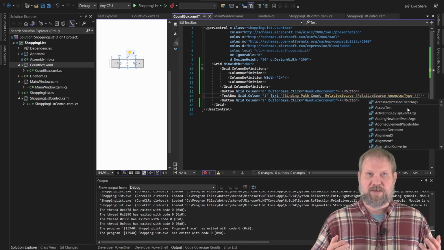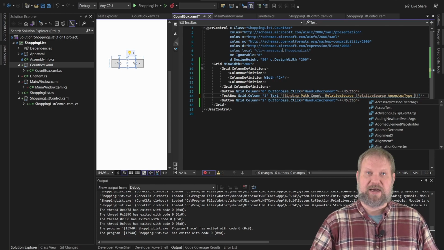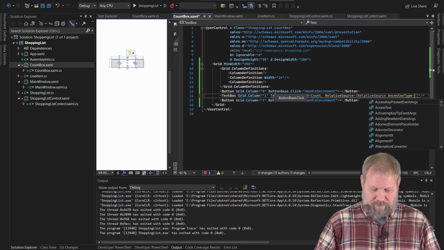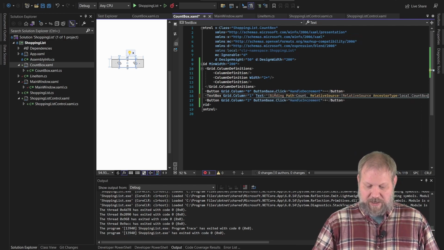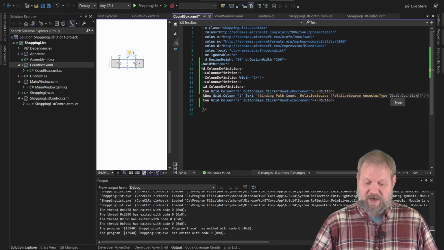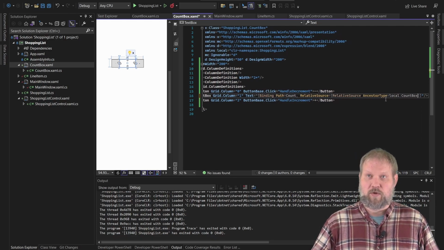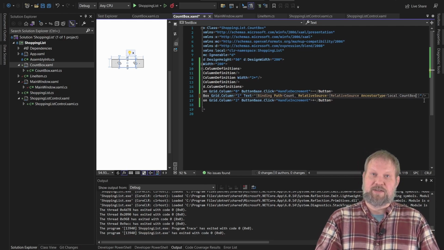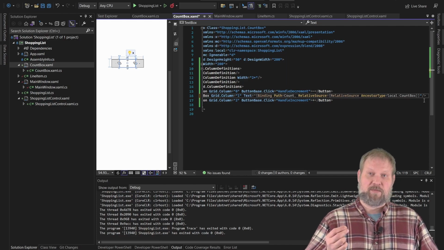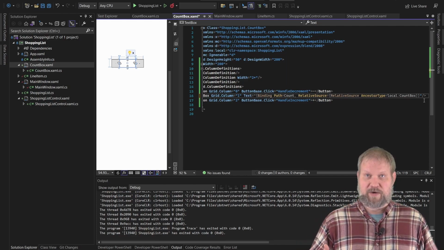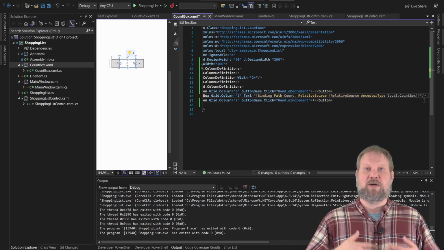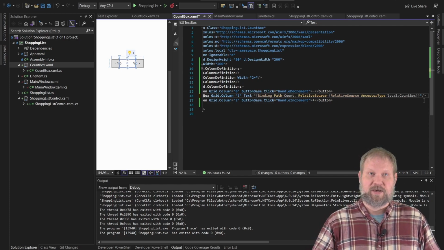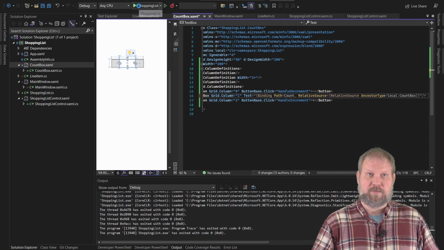Well, in this case, a user control that has the class name of count box. And again, because that is defined in the local namespace, we have to have local colon in front of it. And that basically now says, I want this binding to be bound to the count property of my parent or my ancestor, which is a count box. So now if we run this code,